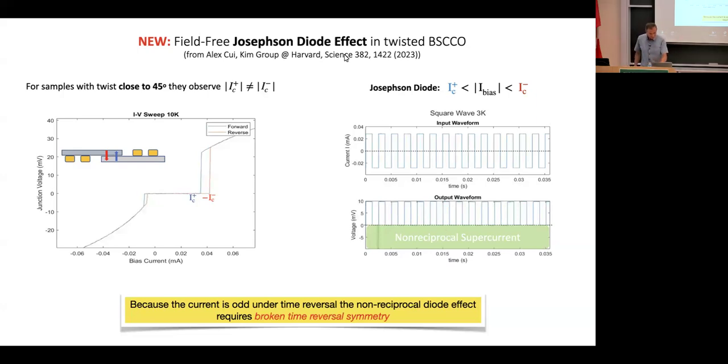So indeed, these twisted cuprate junctions probably realize this high temperature topological superconductor, although so far we only have evidence for time reversal symmetry breaking. We don't have any direct evidence for that topology. One would have to see those edge modes experimentally, which is a harder experiment, but this is something that people are working on.